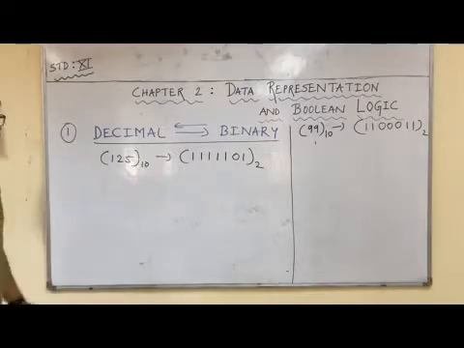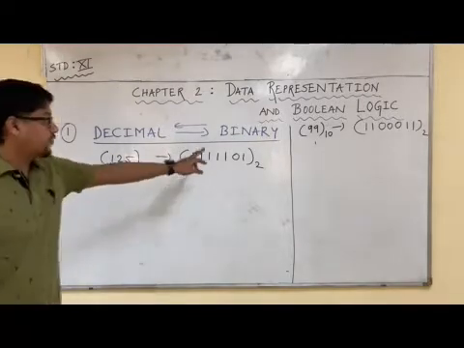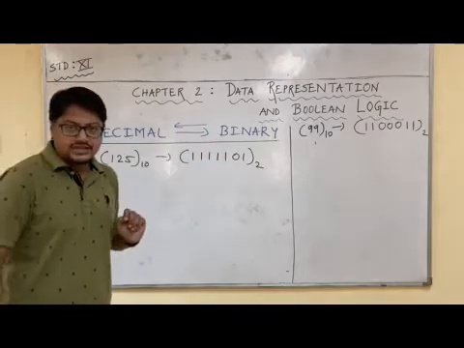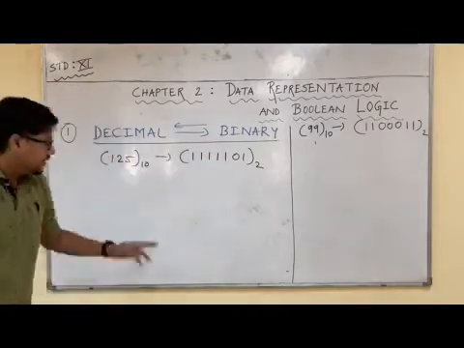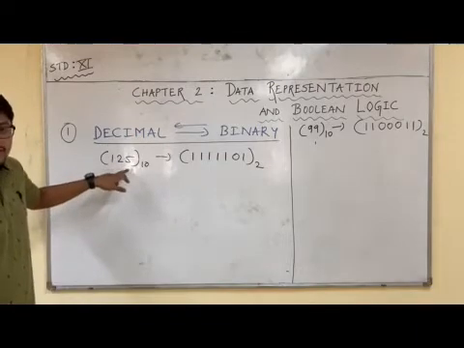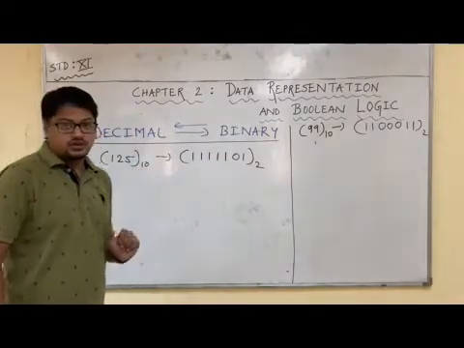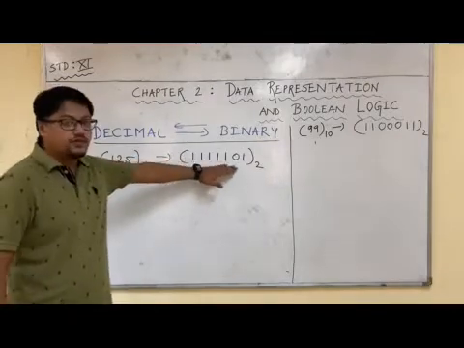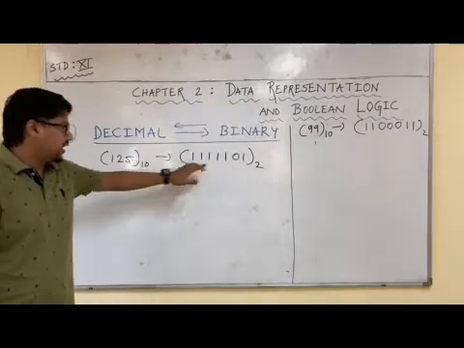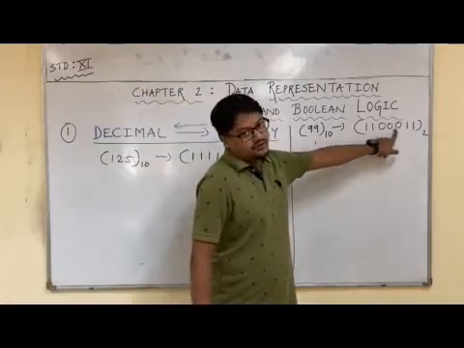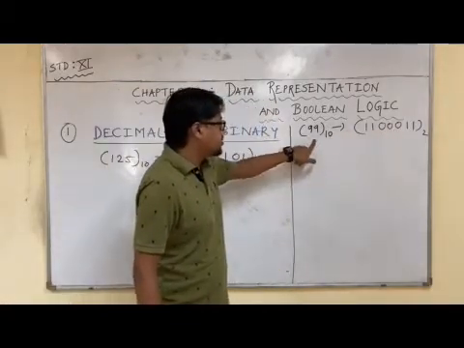Now we are going to convert back, that is from binary to decimal. We will do this for both the cases so that we can verify that whatever we did for conversion of decimal to binary is actually correct. This time we will start solving from here, and if our answer is correct, we will get back the original question.